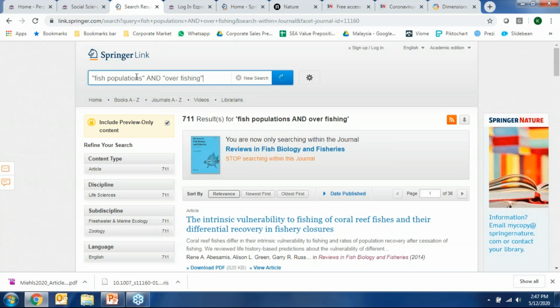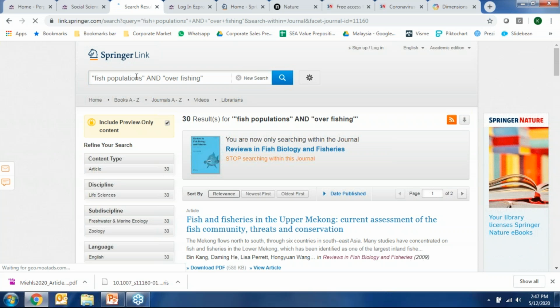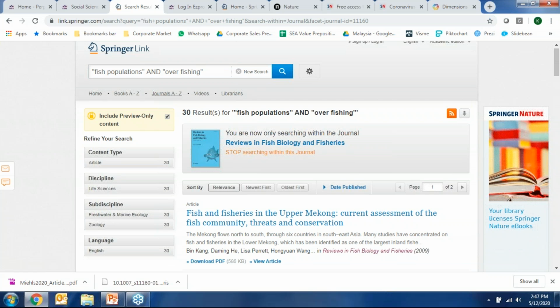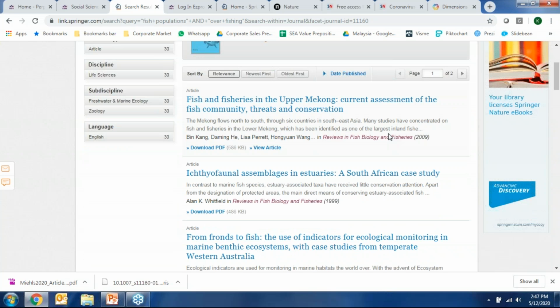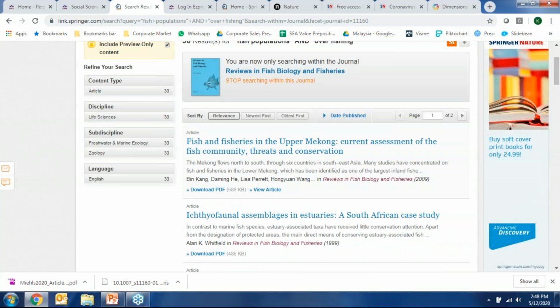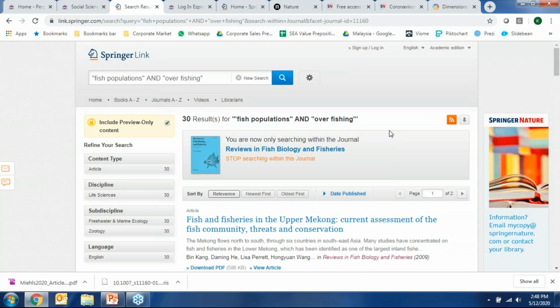If I put fish populations in inverted commas and overfishing in inverted commas, I will again get 30 different articles from Reviews in Fish Biology and Fisheries. That helps me save time instead of reading over 1,000 abstracts to figure out whether they are relevant. Let the platform, through the formula of searching, help you narrow down to just 30. Now 30 is quite manageable for some.